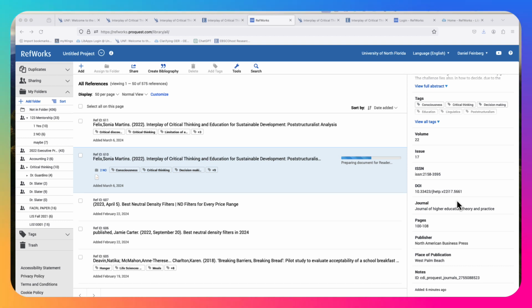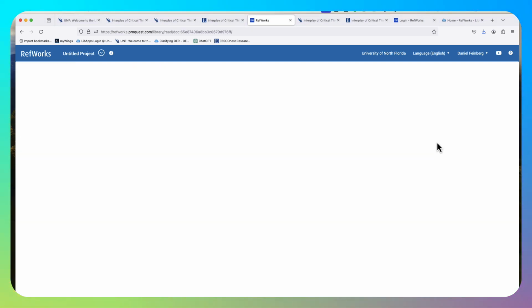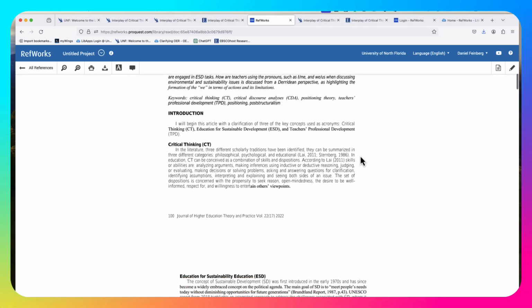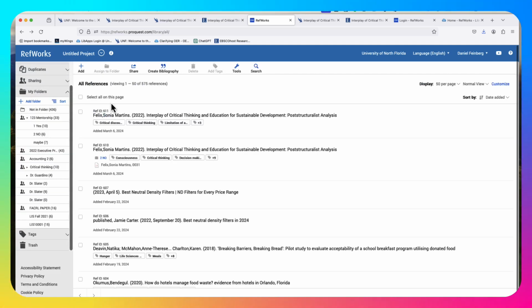So why would you want to download? This is the case in which maybe you're teaching a class and you want to make sure that you have that PDF just in case the library loses access to the database or the article. You can have that PDF show up and download it for your own purposes right there, and you're all good to go, and done to download and put it into Canvas.